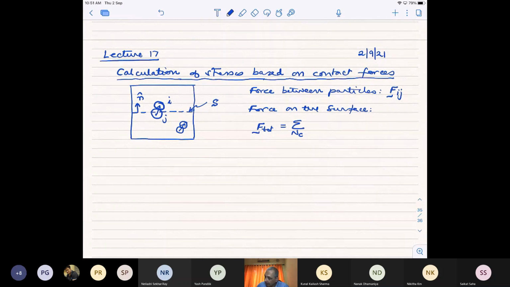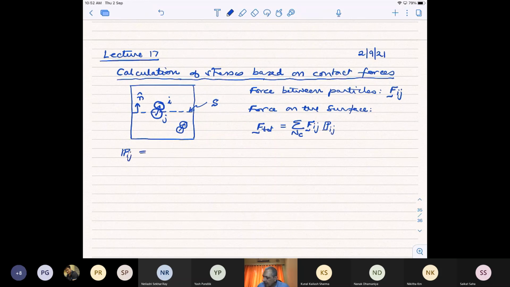You're summing over all the contacts and you want to add the force Fij. But this is not wrong. This thing is wrong, because while this pair is contributing to the total force, this one is not. So how do I make sure that this is the right thing? And the way we do it is we multiply this by a probability, I'll call it Pij,